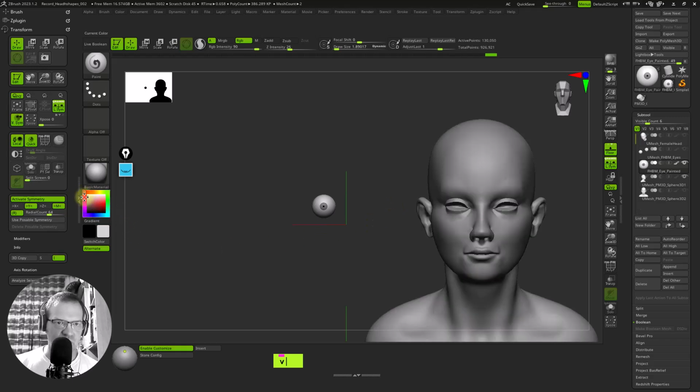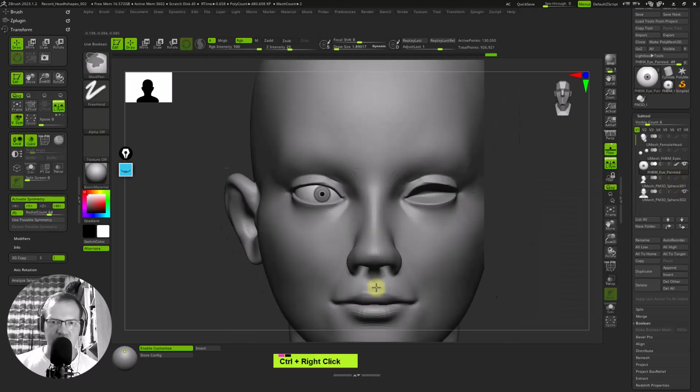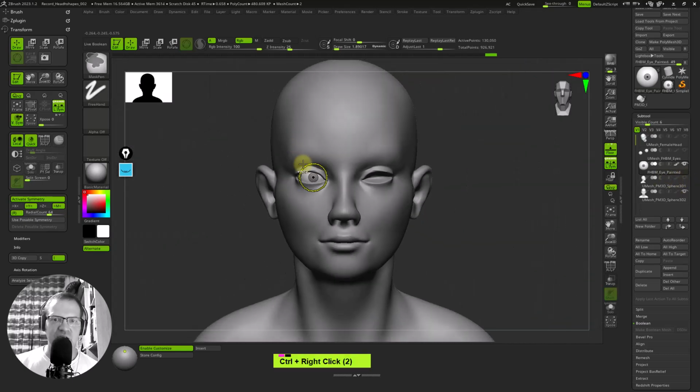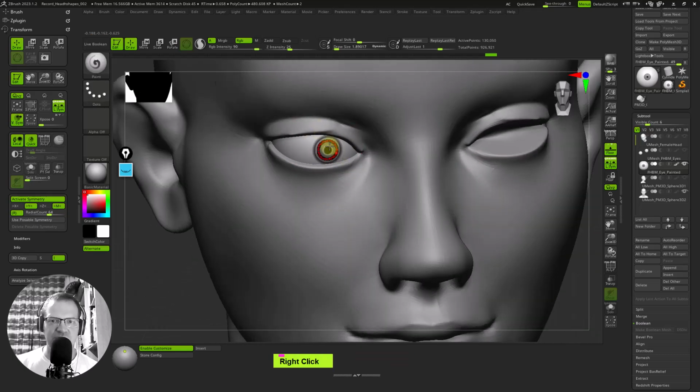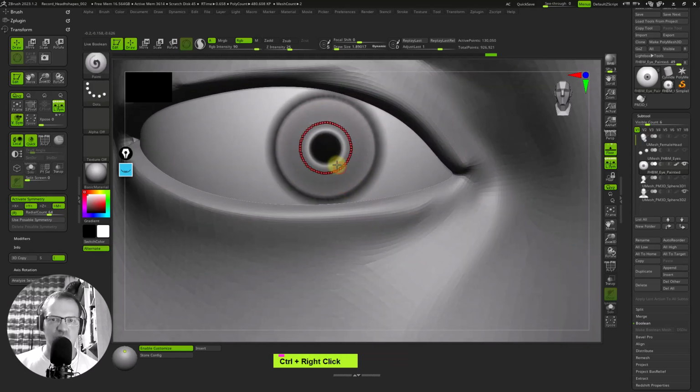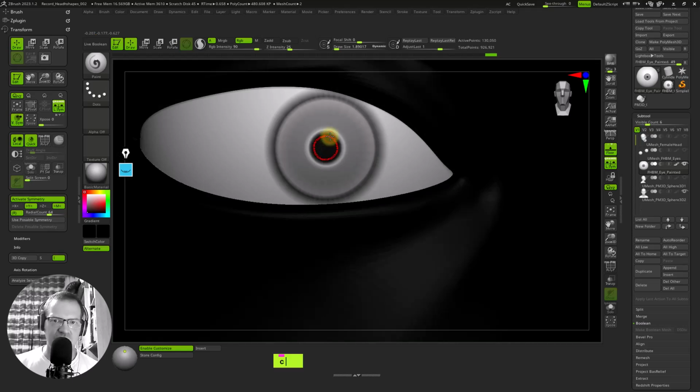So we are going back with this one. This is the mesh we're looking for, I guess. Yeah. So here's the eye. Here's the eyeball. And as I see, this paint is looking fairly small. So what I will do is I will use C to copy the picture and just make it a little bit